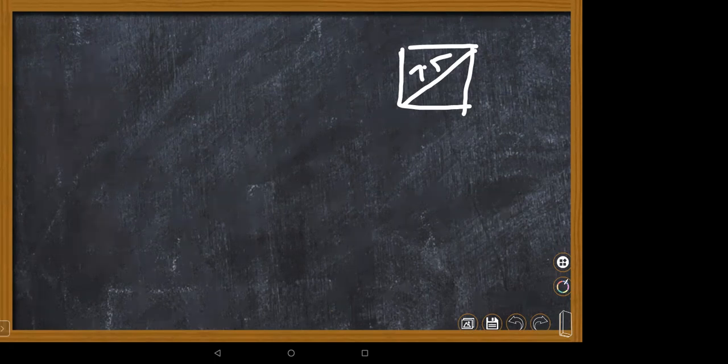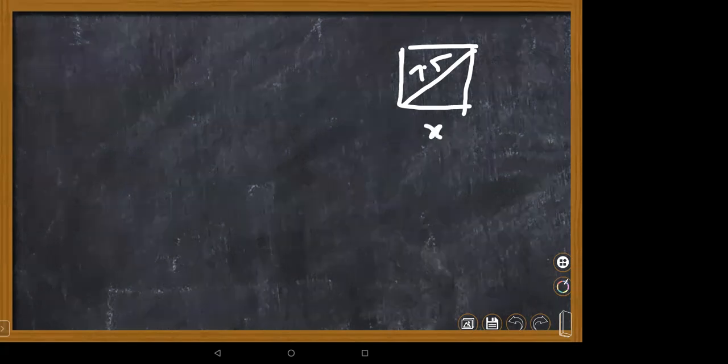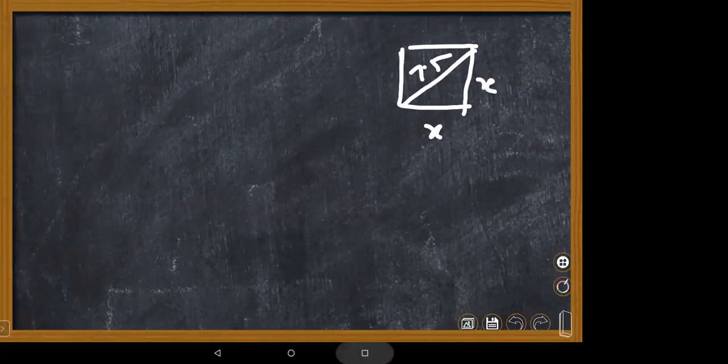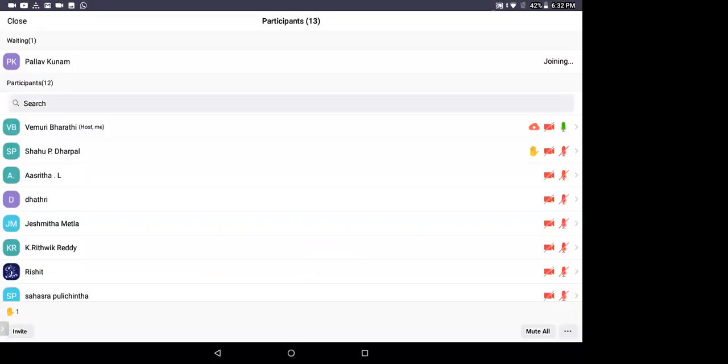Only the diagonal of the square is given as 7.5 meters. Ma'am, we can use the Pythagoras theorem for this, right? Wonderful, very good. So I don't know this side. You take it as a square, which means all sides are equal, right? What shape is it? Square, Nana. It is in square shape.